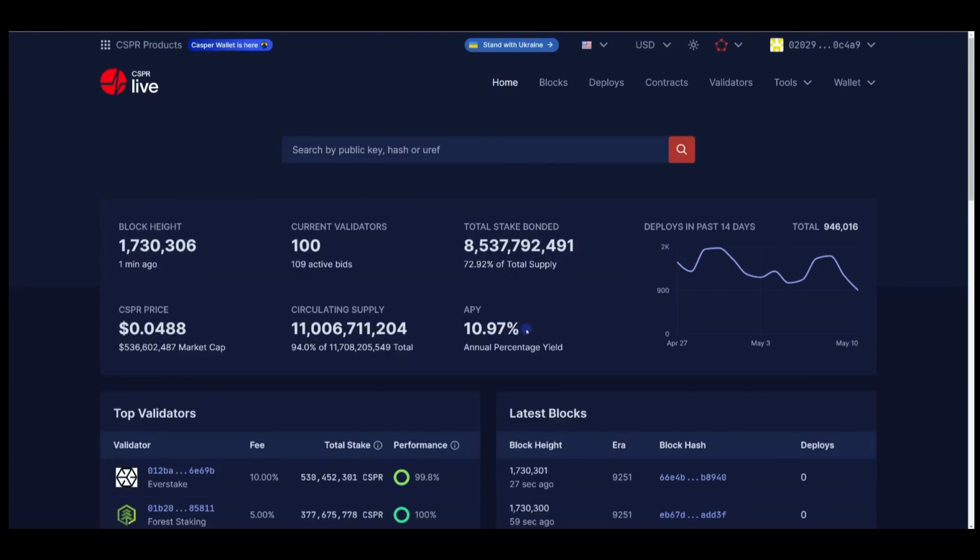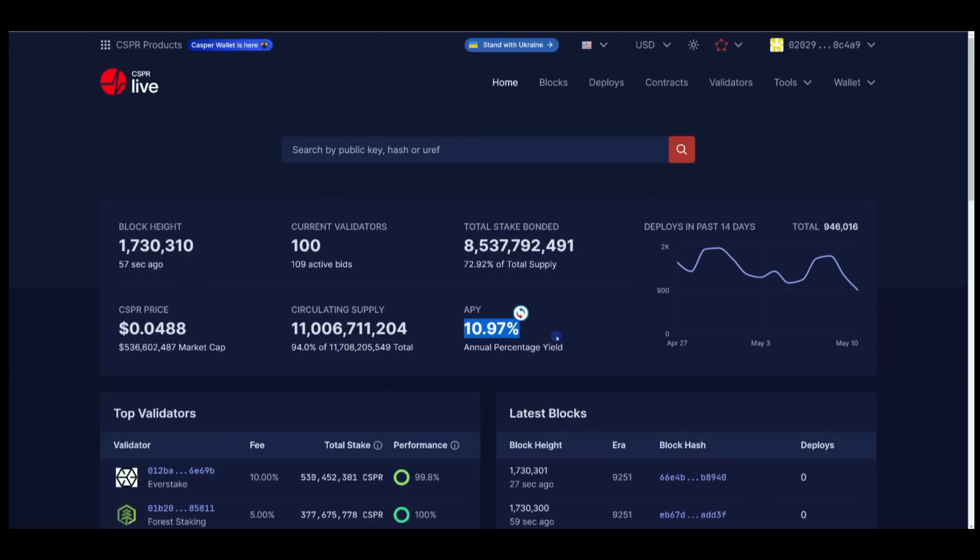So the APY is going to fluctuate based off this ratio of total stake bonded to the total supply. But typically it's right around 10% year round, and keep in mind this is significantly more than HBAR, which is capped at 6.5%, or Algorand, which last time I checked, and I know the next governance period is in July, is probably like 5-6%. This is basically double that amount, so I'm pretty happy, especially knowing that CASPER has never experienced